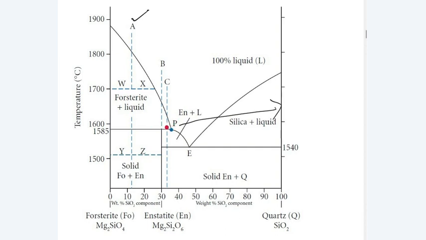Then there will be isothermal crystallization here. So the rest of the phosphorite and the acetite, they all will crystallize, and at the end we will get phosphorite plus acetite, because we have solid